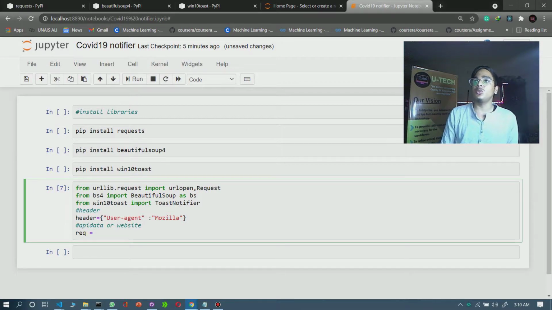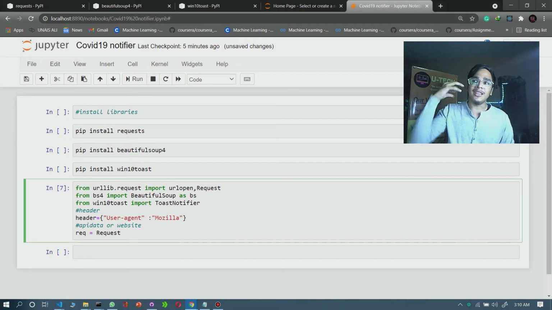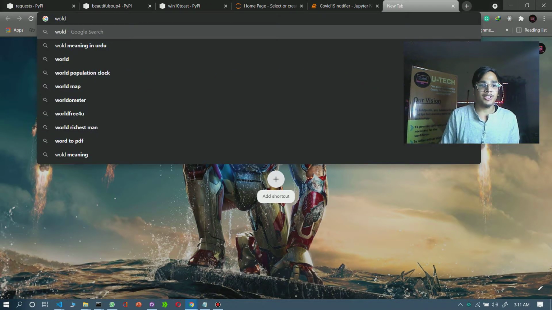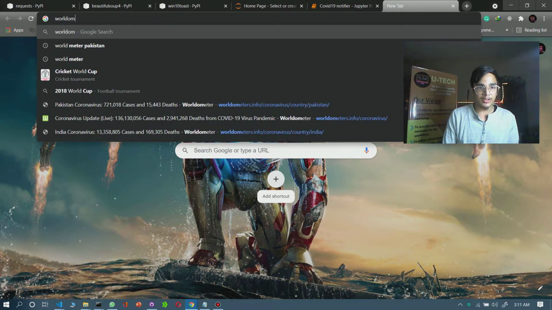Request equals Request. We are requesting to get the data from the website, so I created a small variable request. It will send a request to the website for getting the data, and for that we will use the most common and most authentic website for COVID-19 cases, Worldometer.